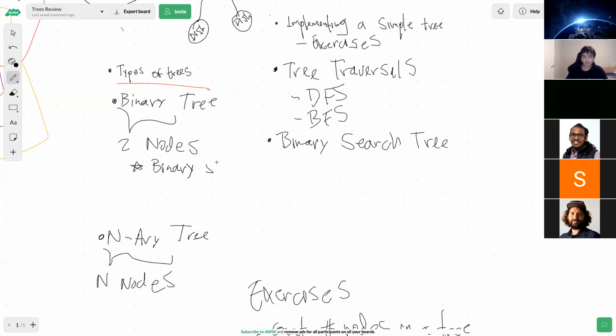Binary search tree is also known as BST, just for short. You will see that searching the internet. We said an AVL tree.